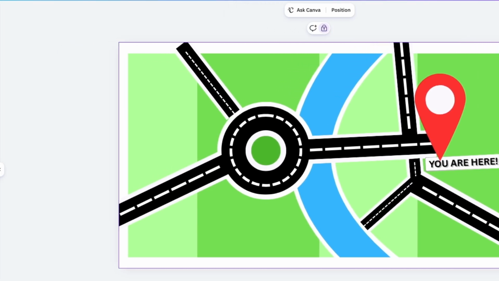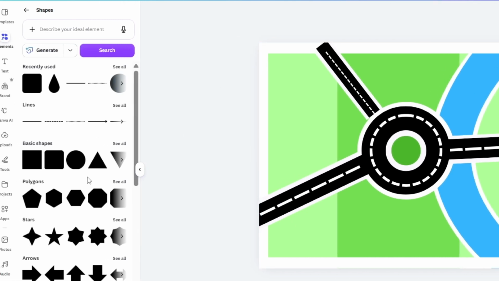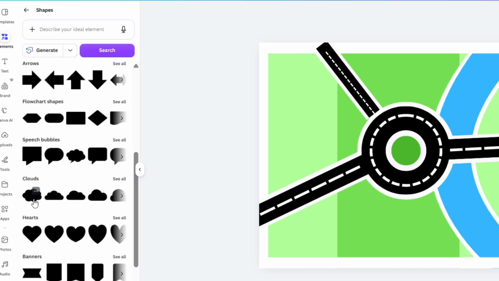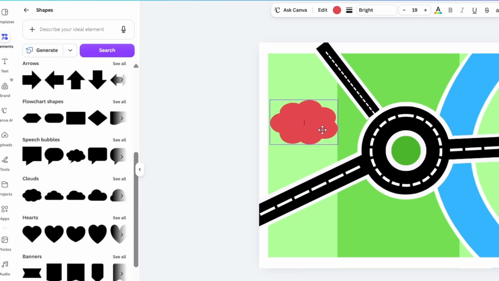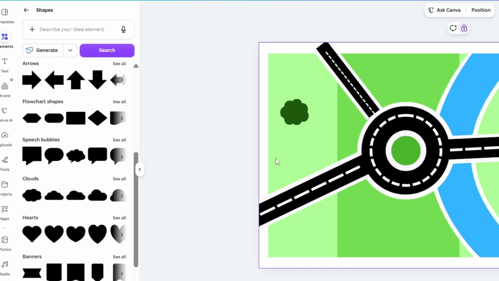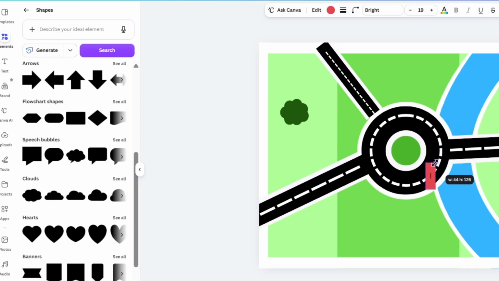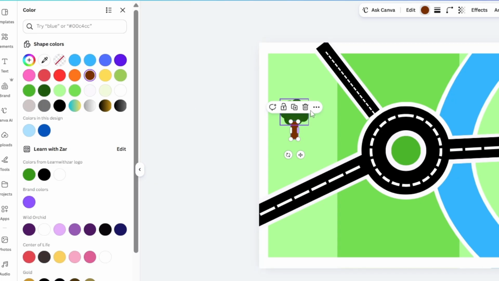Now we make it look nice and pretty. We've got our water, we've got everything we need. We just need trees. So shapes has clouds that create beautiful trees. So you just add your cloud and then you reduce the size. You make it nice and roundy tree like, and you change the color to a tree color, and then you add a rectangle for the stump of the tree. You change that to brown, you send that back,